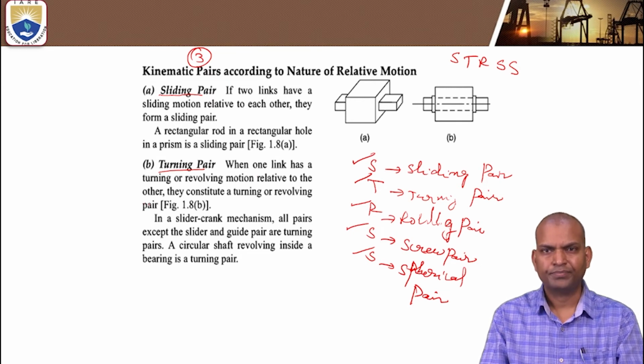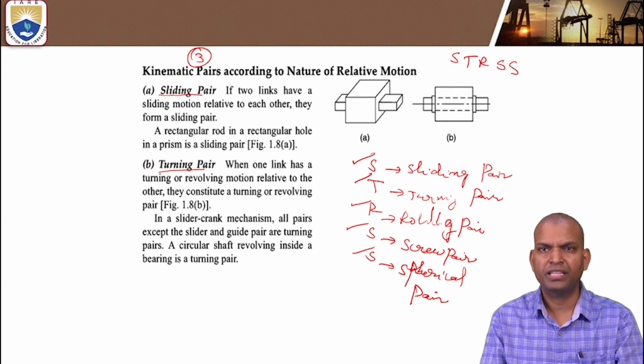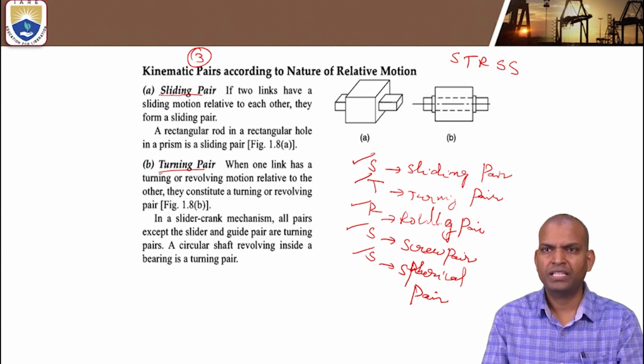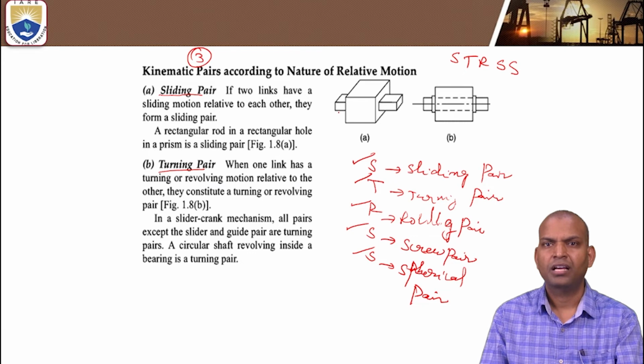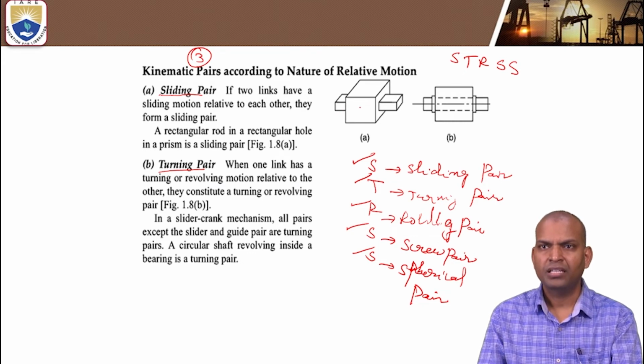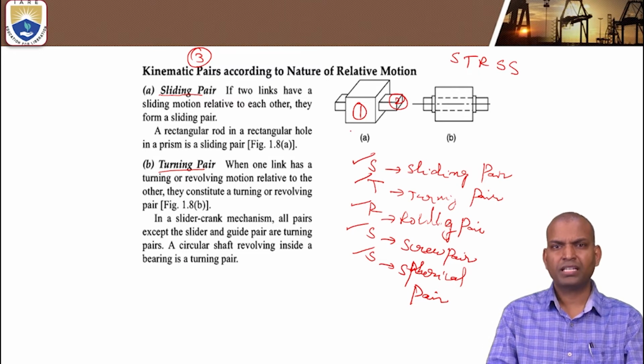What is a sliding pair? If two links have a sliding motion between them, it comes under the category of sliding pair. The relative motion is sliding. Now it is called sliding pair. Here there is the link 1 and link 2. We also studied this sliding pairs also comes under the category of